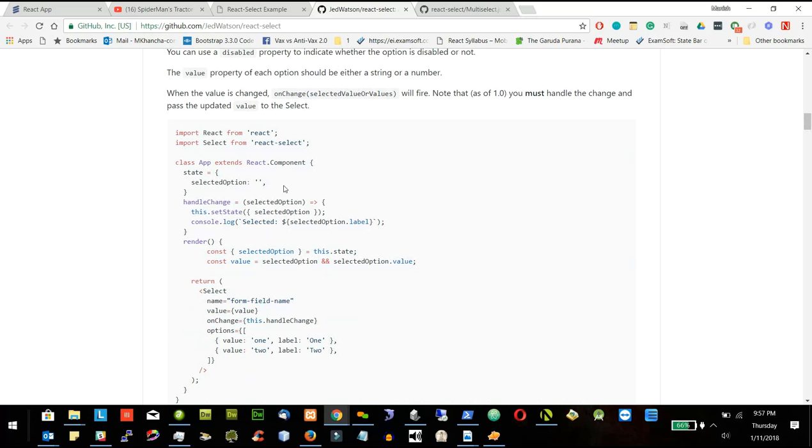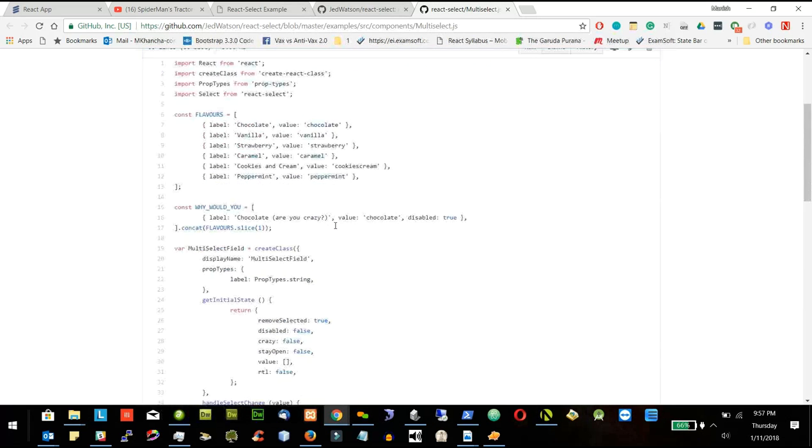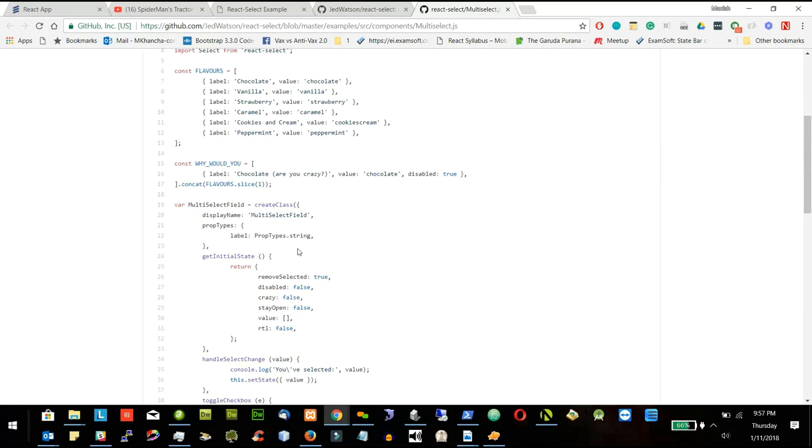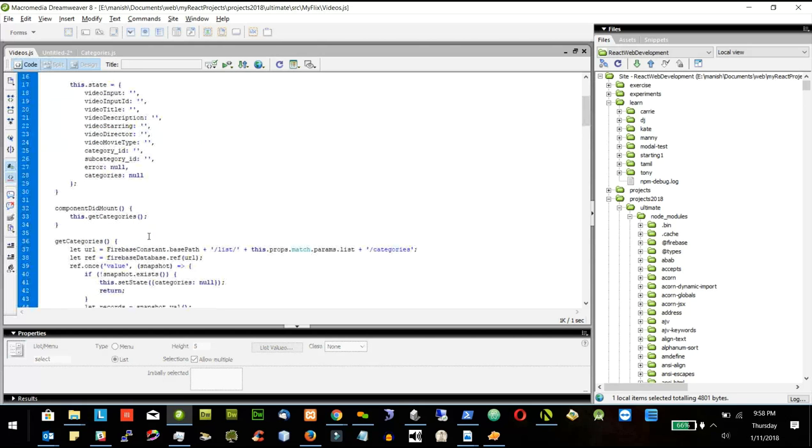It's saying create a selected option, and here it's saying remove selected, disable, stay open, value, and so on. Let's take this one and I will put that. Okay, why not put this in a separate component? Otherwise, it will be too messy here. So let me save it as